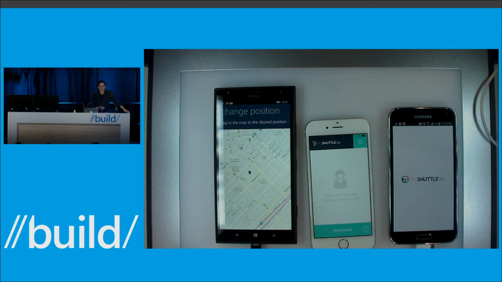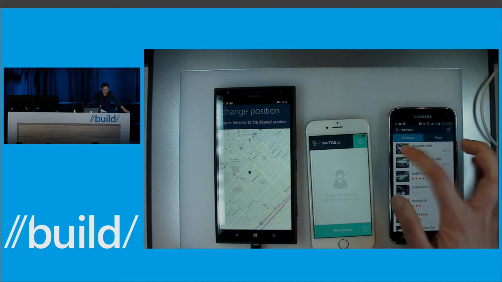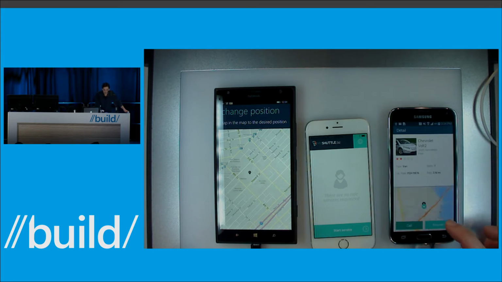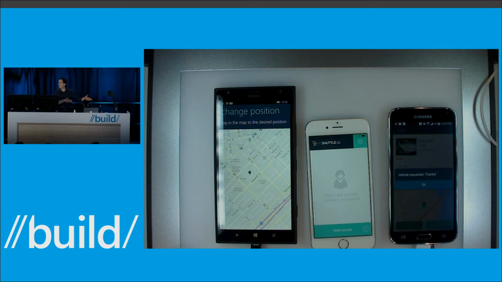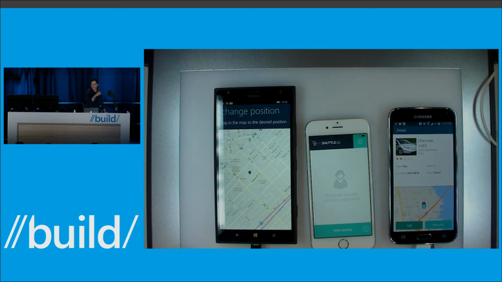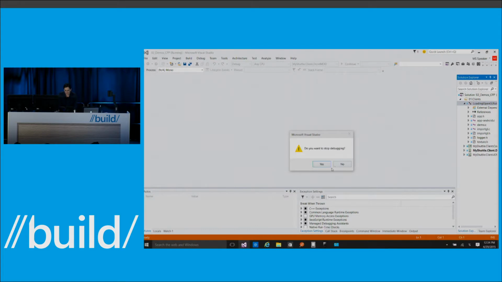So what we're going to show you guys in just a second is an OpenGL experience. As I request this car, you can see that this is actually OpenGL defined in Visual Studio running on the Android device with the Xamarin front end. So once that vehicle is requested, we're good to go. Okay, so now I can jump back to the demo. I'm going to show you another application real quick. Let's stop debugging.